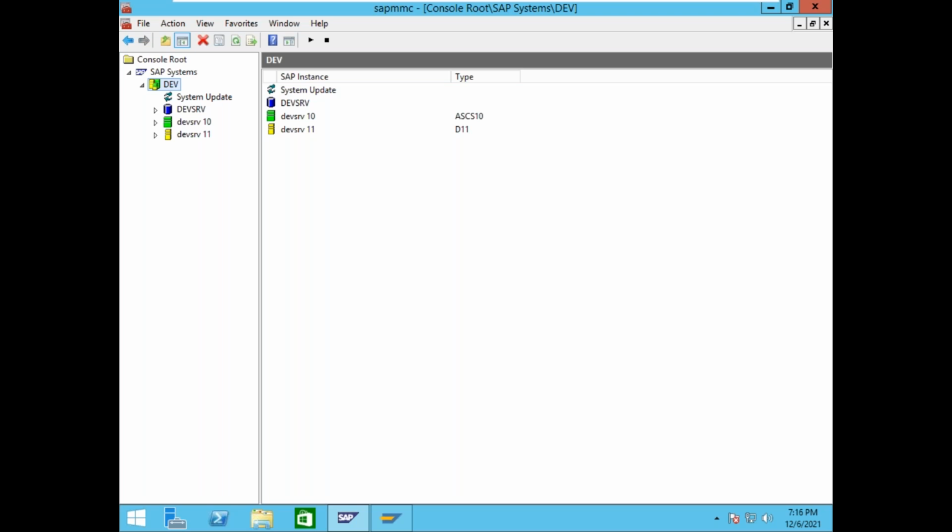But in a company, all of this is compulsory, and all of this will already be done. In the middle of the company, you are doing post installation steps. But here I am showing what to do after the software I provide you, one by one. After doing all this, only then do you start the homogeneous system copy. For a heterogeneous system copy also, first you do all these steps, and only after that you start.